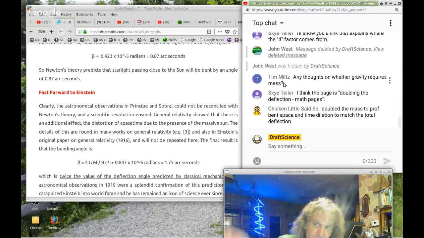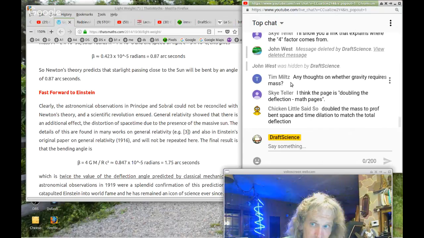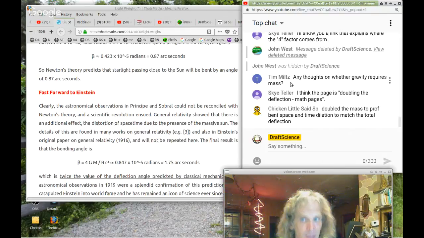Obviously, you have to be able to be affected by gravity. That means you have to have at least a mass of 1 or something. You have to have something called mass to be affected by gravity, and clearly to make gravity, you have to have mass. So just an idiotic question.